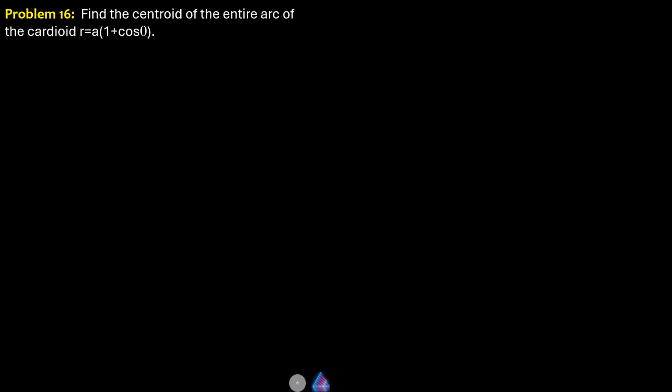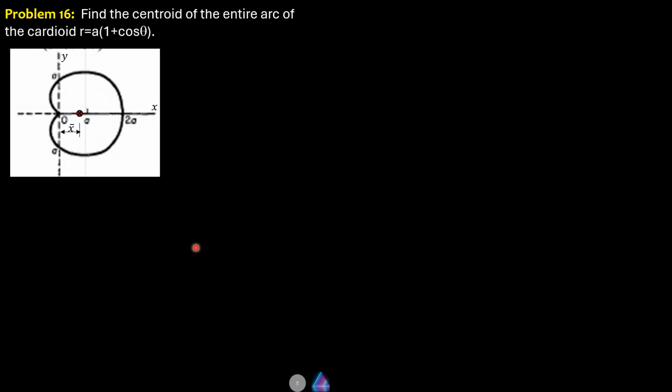And we know that this is a heart-shaped, beautiful arc. And when theta is 0, r is 2a. So that means the cardioid, the heart shape, is flipped in that manner. As shown in the figure, this is the centroid, definitely. Call that x bar. Then we have the strip